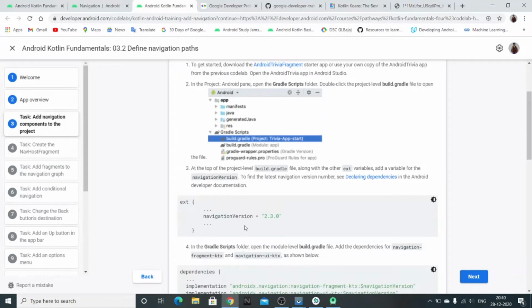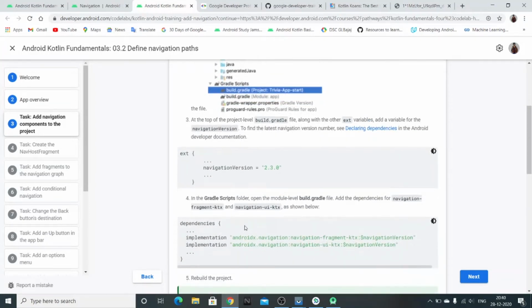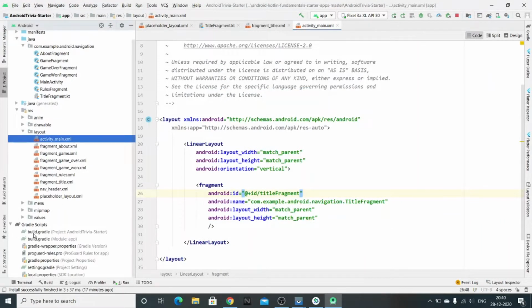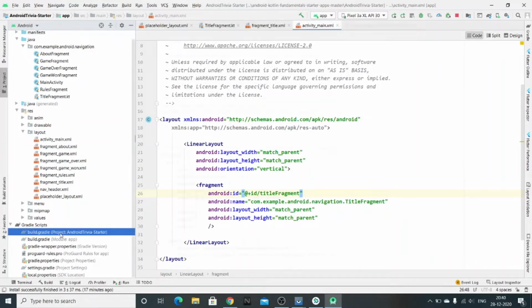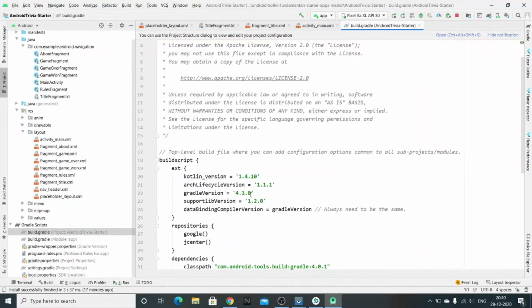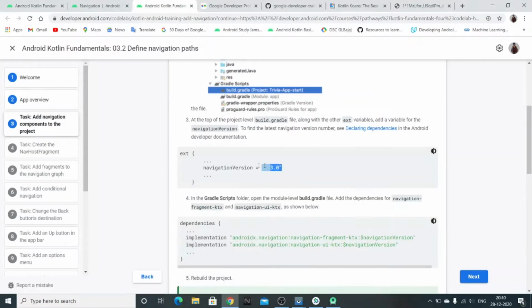So for using navigation, first we need to add some dependencies. So let's get back to our project, and here in Gradle scripts, open this project level build.gradle file, and here in the buildscript, in the ext, we will be adding some code, that's the navigation version.